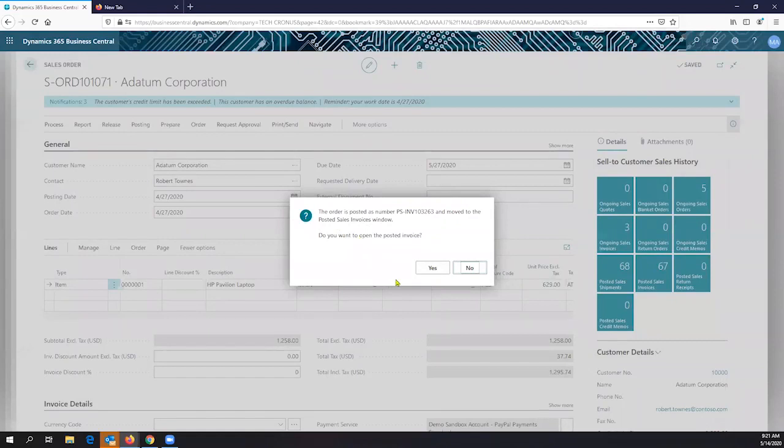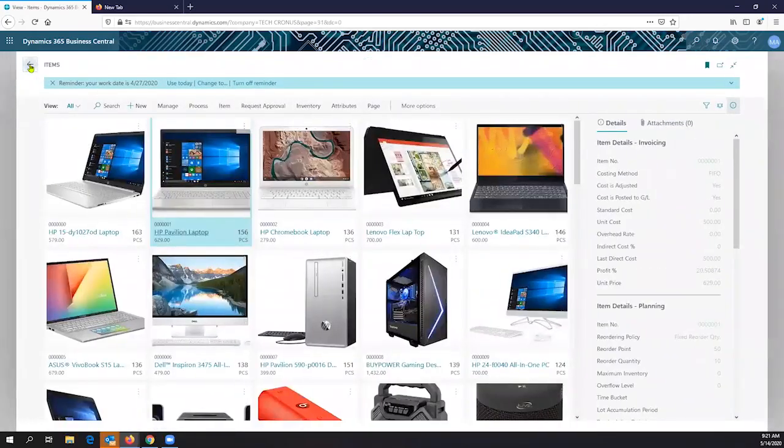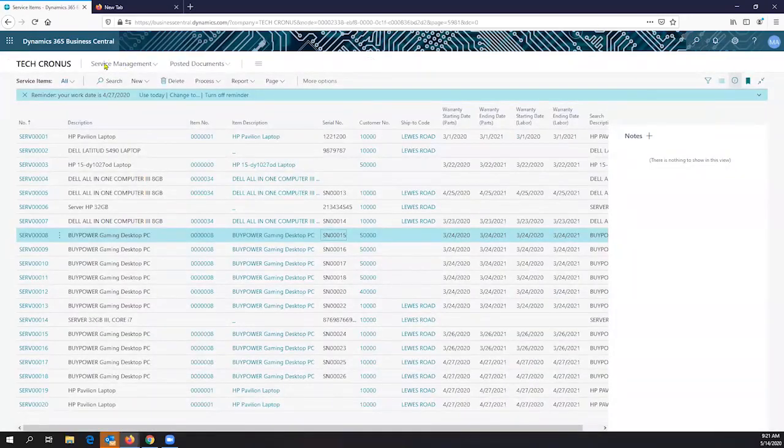Very easy, right? From any device, the idea is that I'm deducting my inventory from my warehouse. Business Central sees that that is happening, and at this point I'm going to have an invoice, etc., and I'm going to need to now review my service module. In the service management,